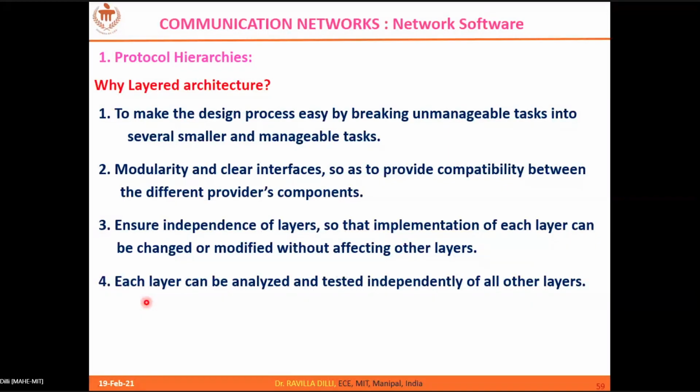Finally, they combine it. So why should we divide like this? To make things simple. Instead of all employees working together on the project at a time, you divide the project among multiple teams, ask them to implement it, and finally you combine it. It's as simple as that. That is why we go for layered architecture.